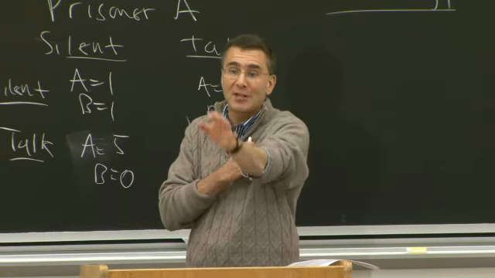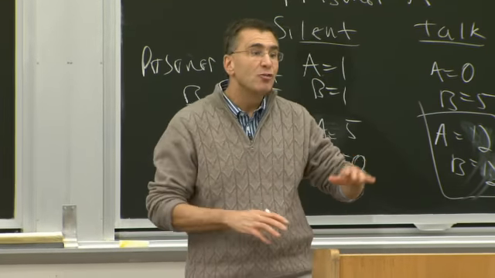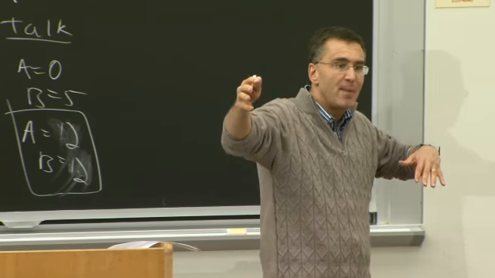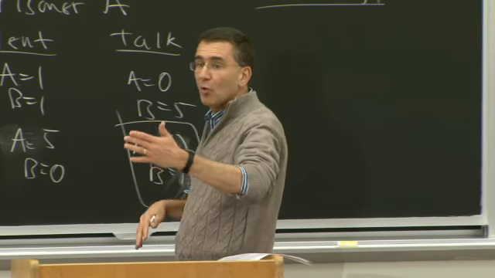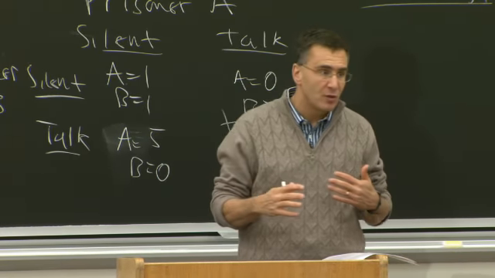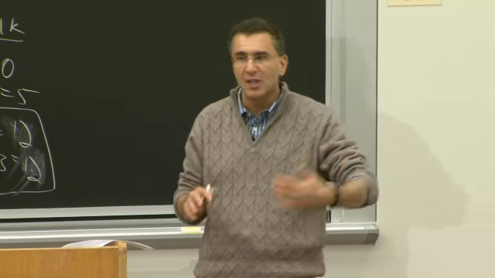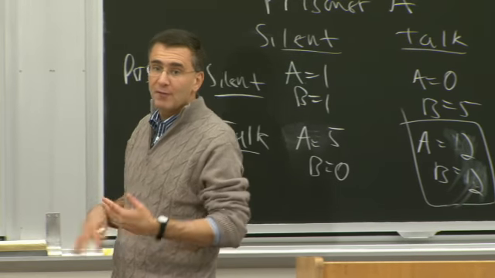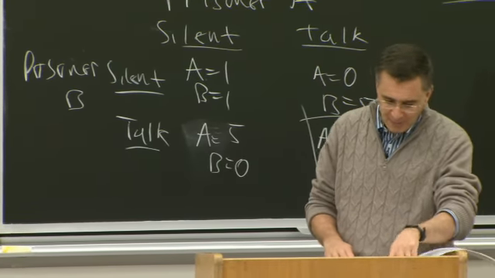What if there's asymmetric information? What if someone knows? What if the game ends long enough in the future that you're willing to be patient? How far off in the future does the game have to end to still enforce the cooperative equilibrium? What if there are 3 players? What if players move in different orders? What if one player goes first, and the second player responds to that? Is it different than if they go simultaneously? These are all really interesting issues that are very relevant to the real world firm behavior that you learn about in game theory. So this is just to whet your appetite for that.